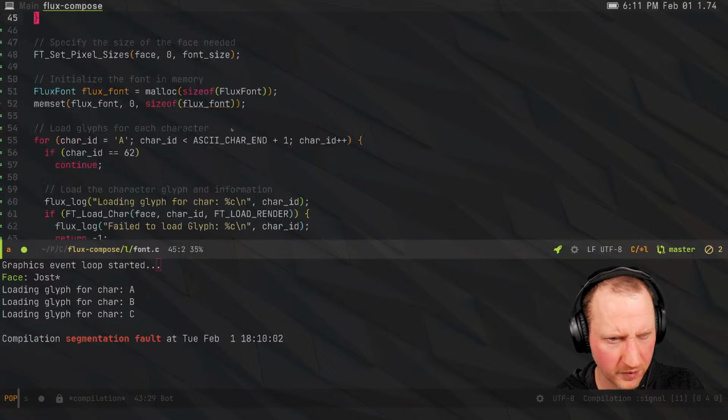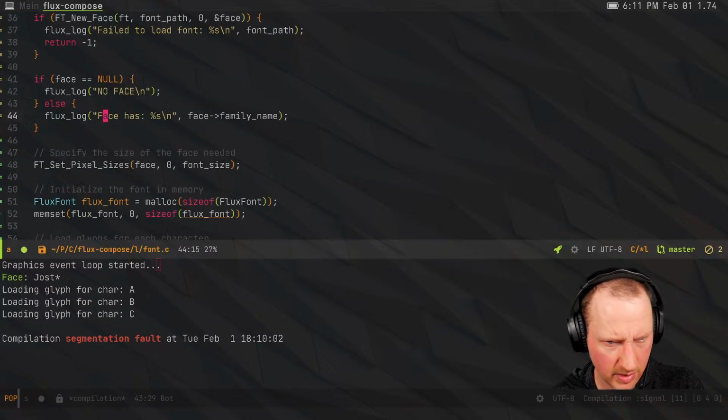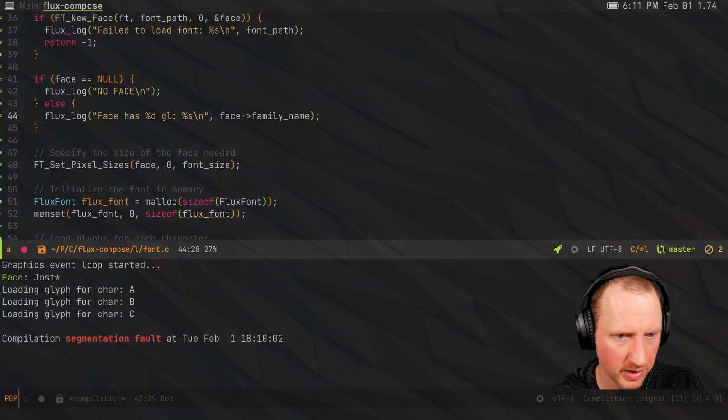So after we load the face successfully, we can say face has, is that right? Yeah. Has D glyphs. Okay, face S